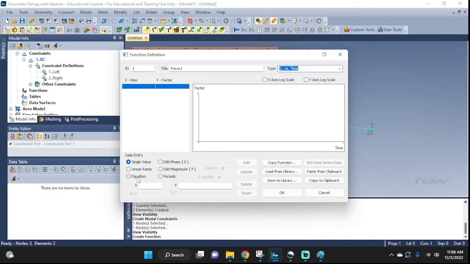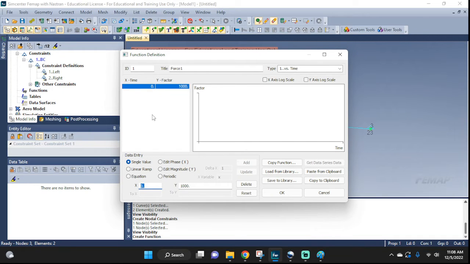Look in the video's links or the playlist. There's another video where we go into setting things up with an equation. In this one, since the function is a simple line, we're gonna set it up with single values. So what I'm gonna do is determine 2 points, one here and one further down in the timeline, and also the same value. So 0 at time 0, we're gonna call 1,000, add, and further down,